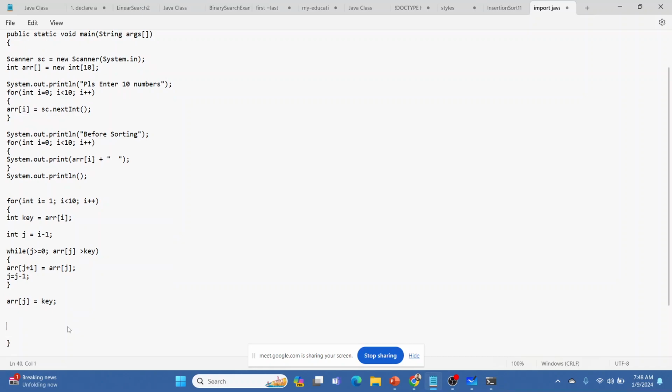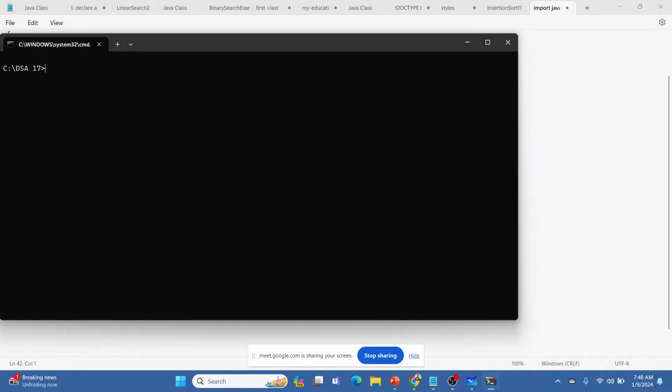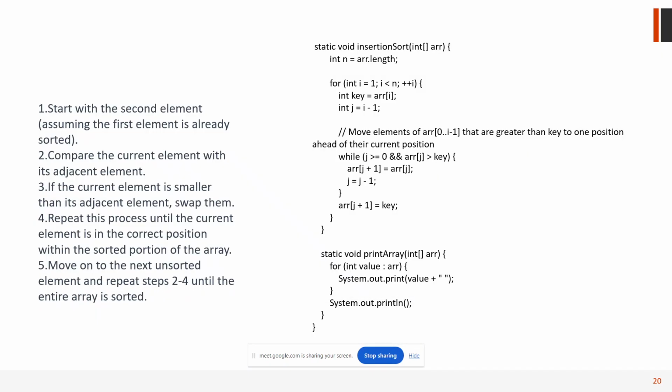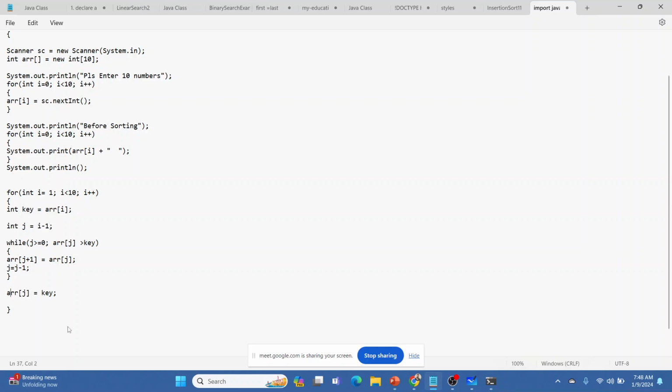I think it is done. Is there anything missing in it? J plus 1, okay, that's the only difference that we need to make. And the loop is closed.